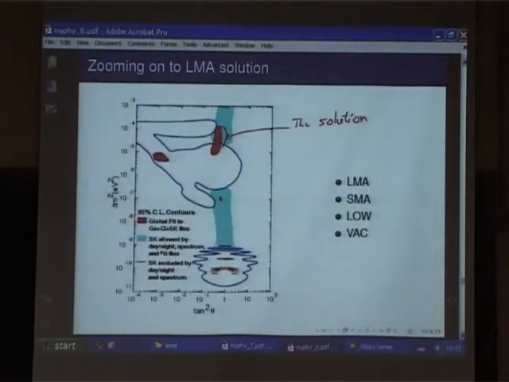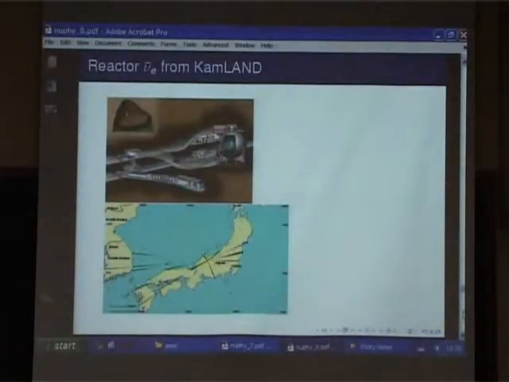Now you want an experiment as simple as that. It does not involve matter. If you do the experiment, and you find that the values it predicts for delta m squared and theta exactly overlap with this LMA solution, then you are confident that what you have done is correct. So a very ingenious experiment was designed, again in Japan. The most difficult part of an experiment is producing neutrinos. Detecting is in some sense easy. You make a detector and then you take neutrinos from the